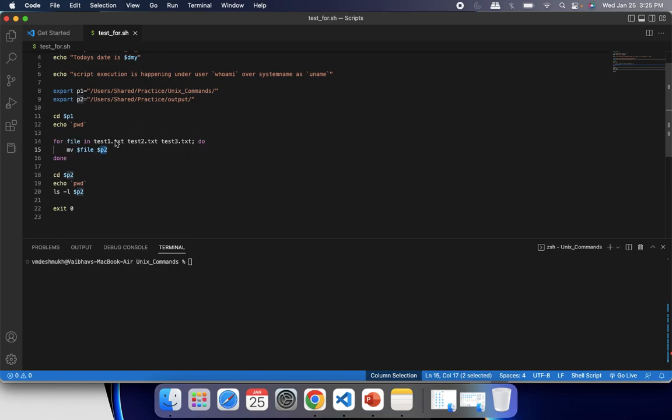So for, it will first check test1.txt is available, yes available, move it. Then check whether anything else is also there, yes it is there, then use this, move it to here. Then again check whether the list has any more variables, any more parameters, any more arguments, yes, then execute this command, and once the list is exhausted, then it will execute this done, and it will come out